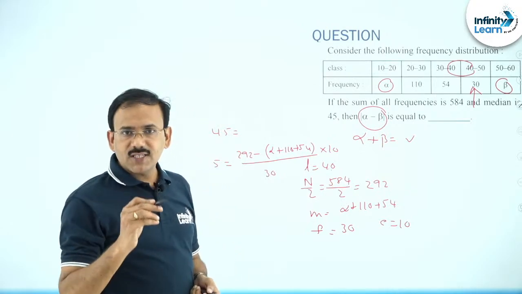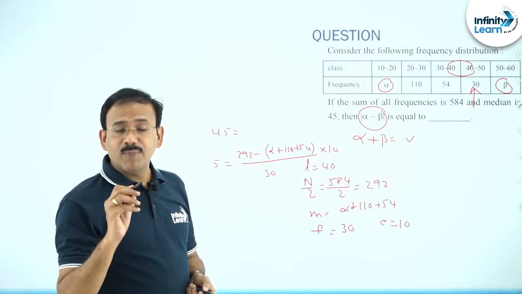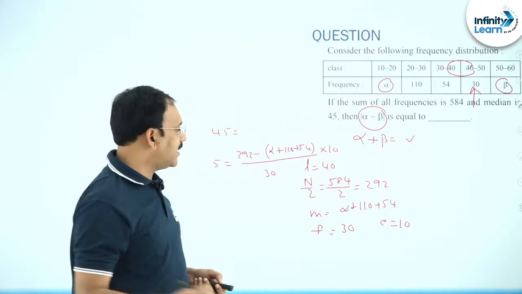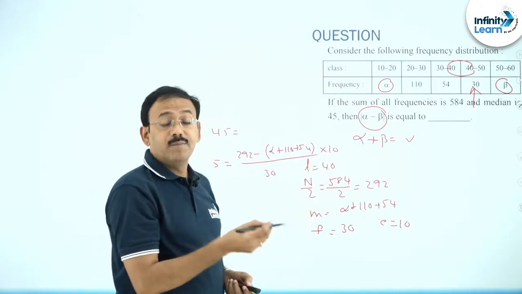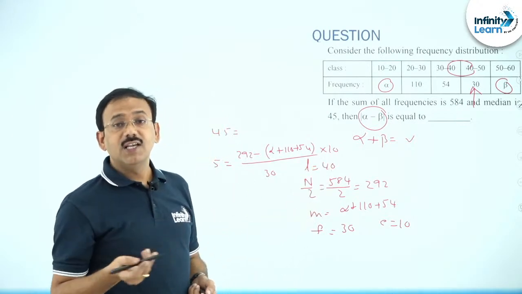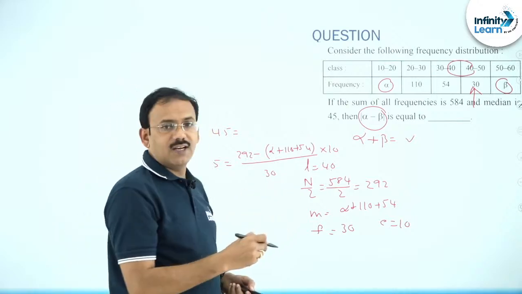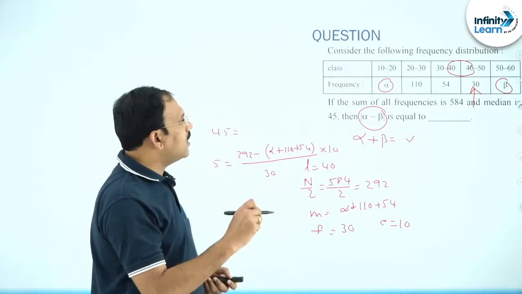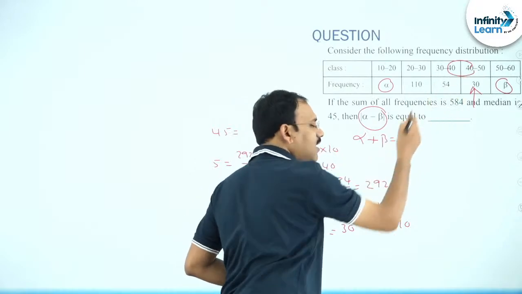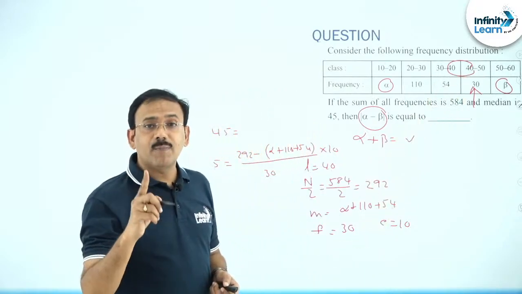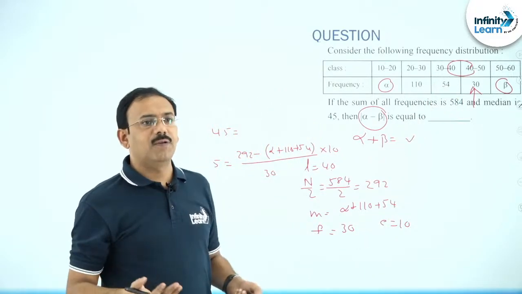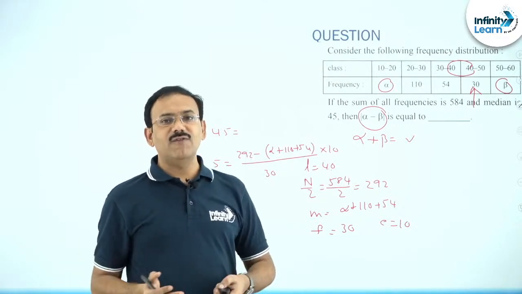So, a bit interesting problem. Here, most important, many of the students failed in interpretation of median in continuous series. If median is given, how to note the data is very important. Median 45 means this is the median class. That particular point is going to turn the total problem, otherwise it is very difficult for you to solve the problem, right?